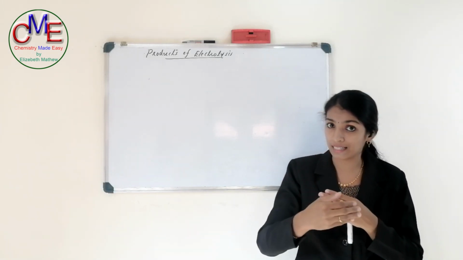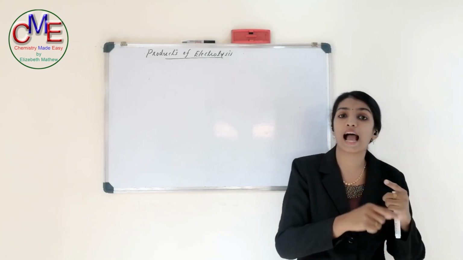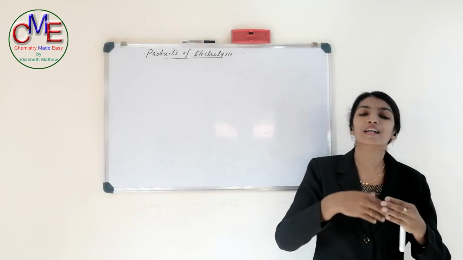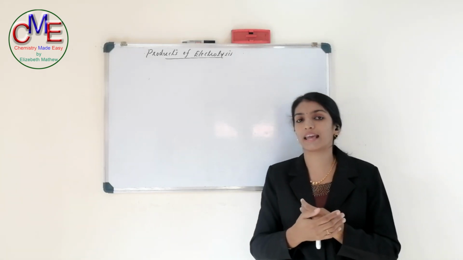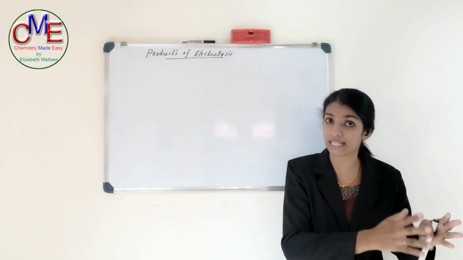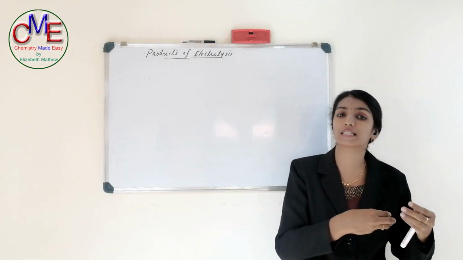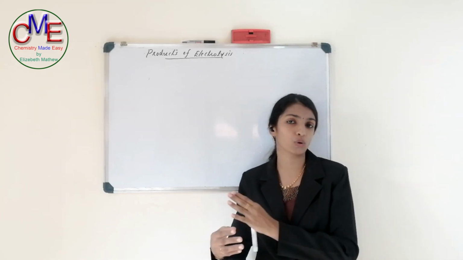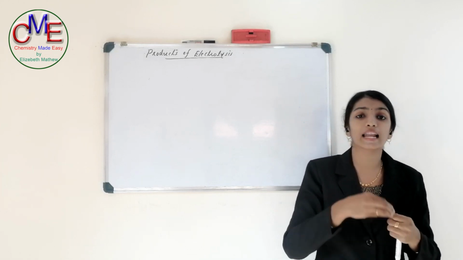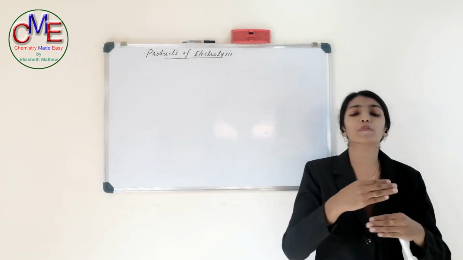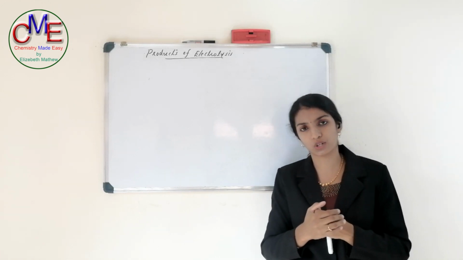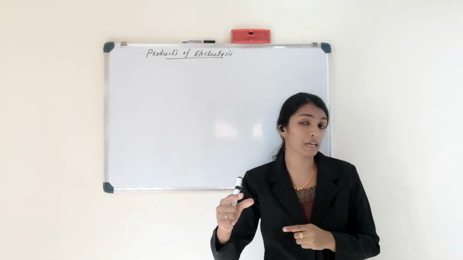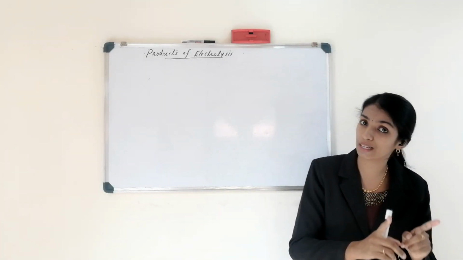So we can say that in the case of an electrochemical cell, the anode is negative. How does it come about? During the chemical reaction, oxidation always occurs at the anode. So in an electrochemical cell, due to oxidation, which means loss or removal of electrons, electrons are released. Due to the presence of that negatively charged electron, this electrode becomes negatively charged. So in an electrochemical cell, the anode is negatively charged.